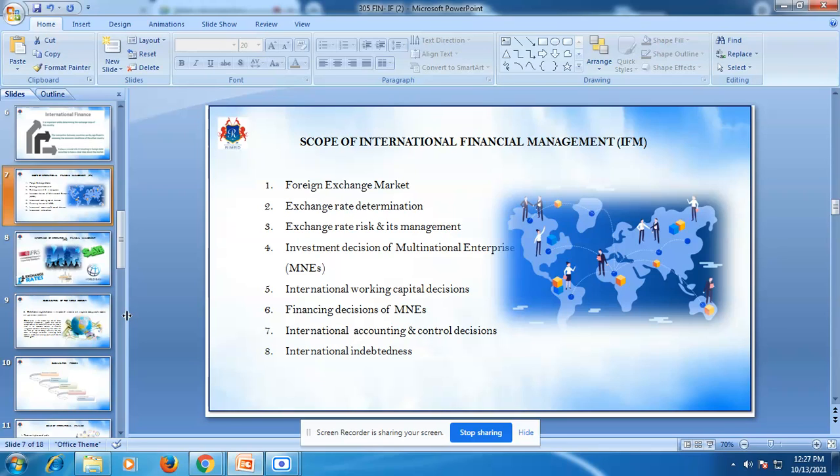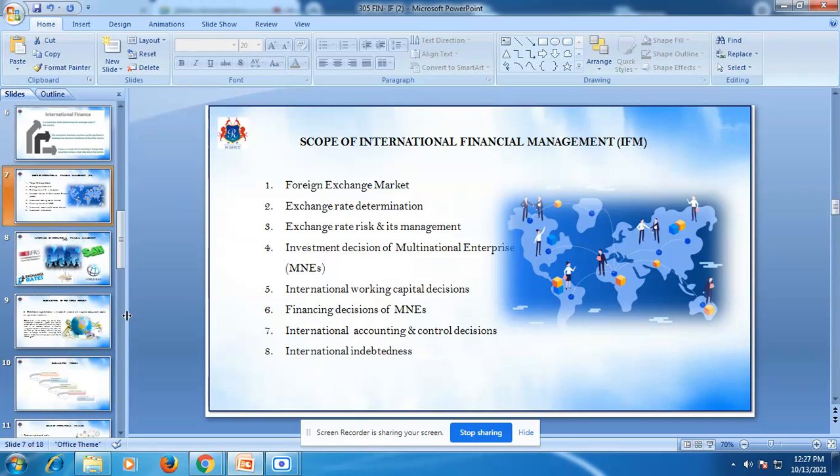Then the second function of international financial management is deciding capital structure. The capital structure refers to the kind and proportion of different securities for raising the required funds. After deciding the amount of funds required, it is time to decide which type of security should be raised. It may be wise to finance fixed assets via long-term debt and current assets via short-term debts.